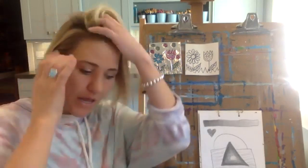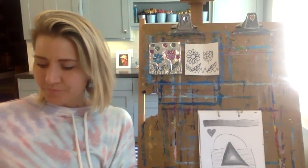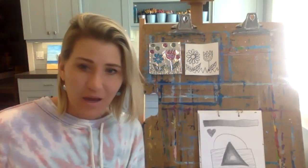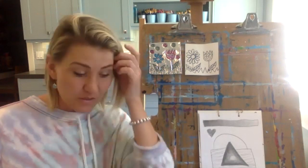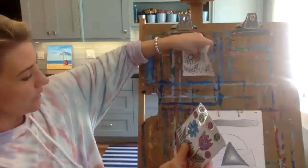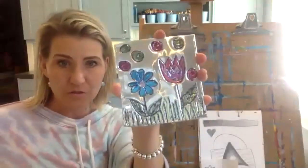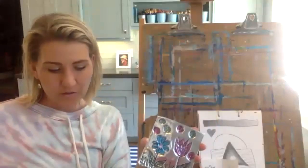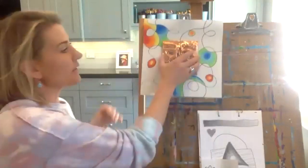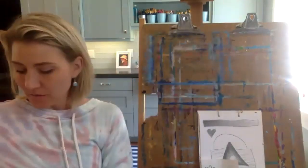Okay, friends, if you're ready, and you might not be, and that would be okay too, I just wanted to show you the next step if you want to. I know that some of you had your paper get some paint on it. It's tricky for me to figure out how to give you supplies, so I'm sorry those cups weren't completely airtight. So you might just leave it as it is and then you're done. You just have your little embossing cardboard piece here. But if you would like to frame it in, then I've got that big paper that you can frame it into. Okay, and the way that we do that is